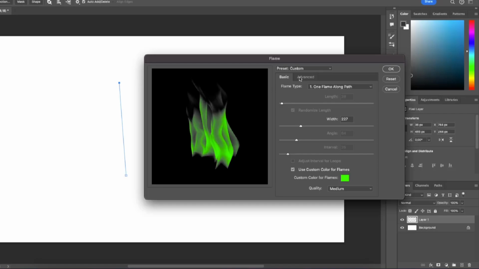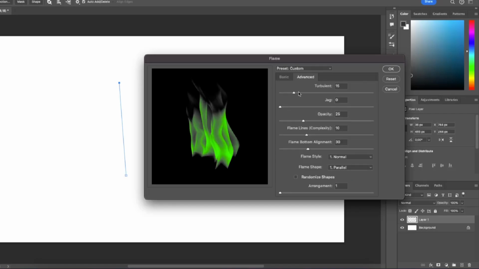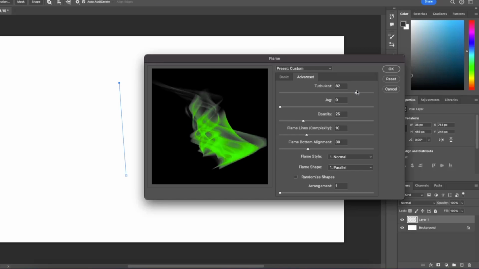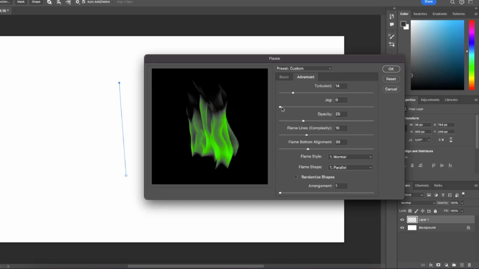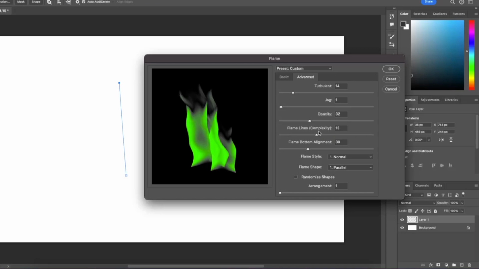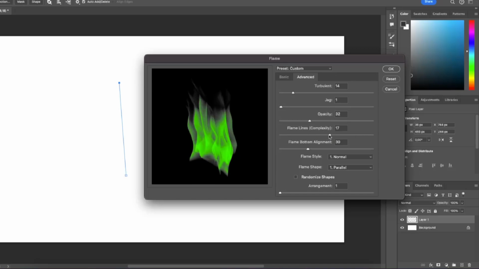And here, you can select the advanced settings, like how turbulent you want the flame to be, how jaggy you want it to be, the opacity of the flame, the flame line's complexity. This is basically just the detail you want in your flame. The flame button alignment,